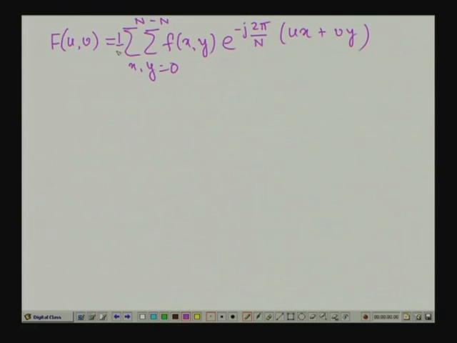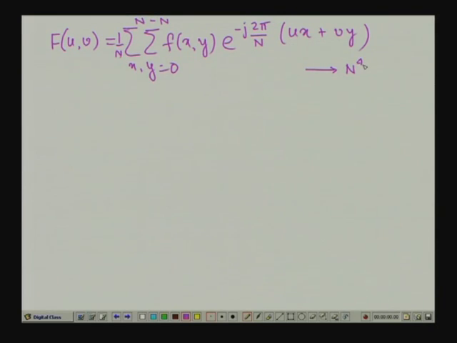If I analyze this particular expression, which we have done earlier also in relation with unitary transformation, you will find that this takes N to the power